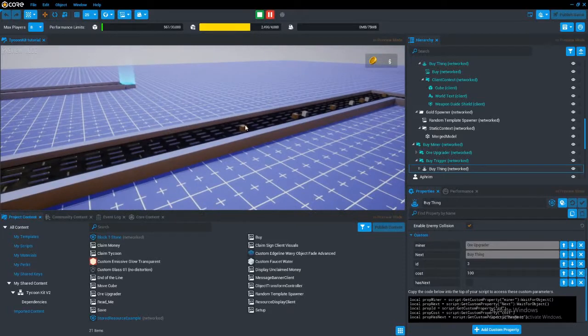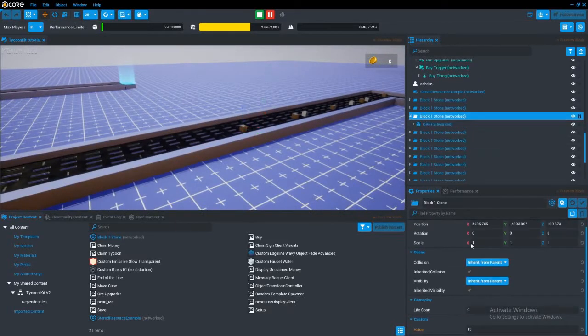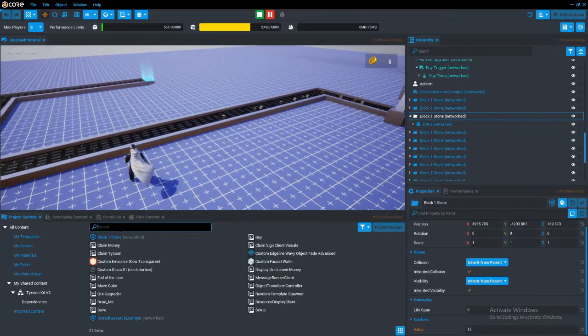Let's click on it. Actually, it's supposed to be worth, it's worth 15 right now, but if we come to our